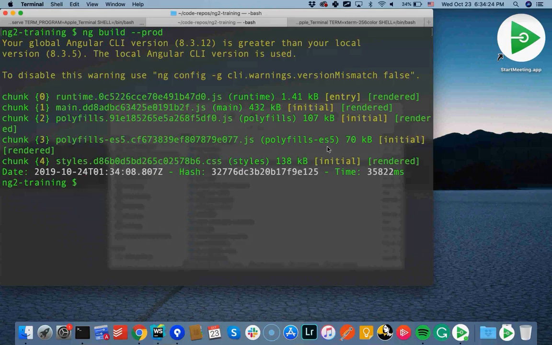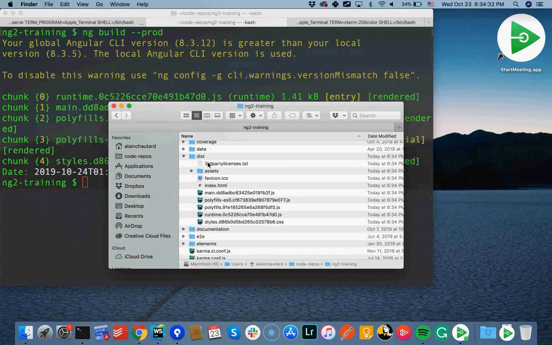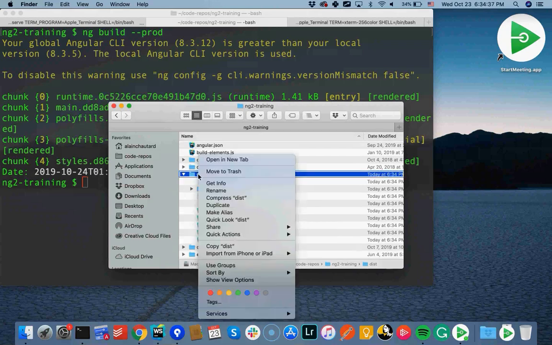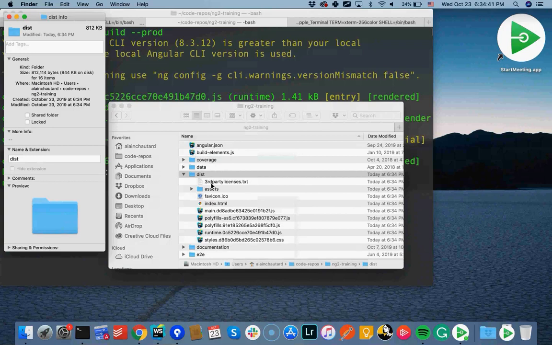You saw that it took some time, 36 seconds almost, to do that build. And the reason why it took so much time is because it had to go through these 500 megabytes and figure out what we actually need, what we don't need. And that's the output size. Wow. So from 545 megabytes, now we have 0.8. And all of this is optimized for prod.